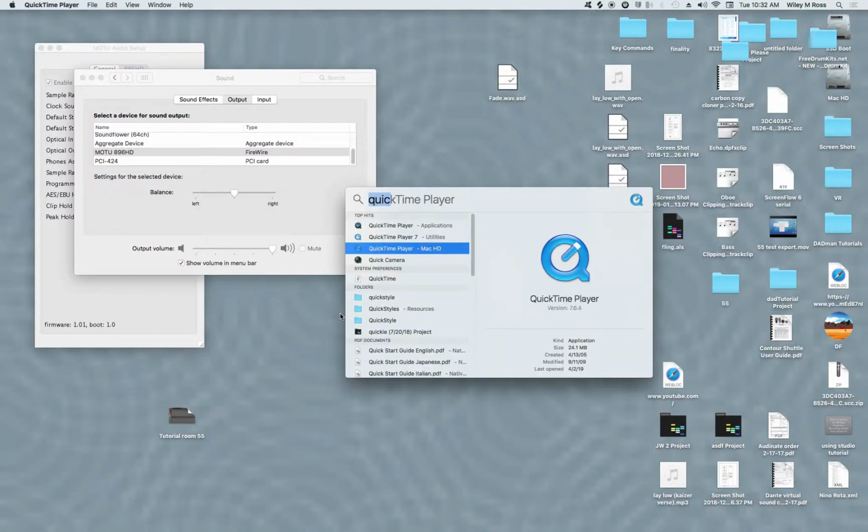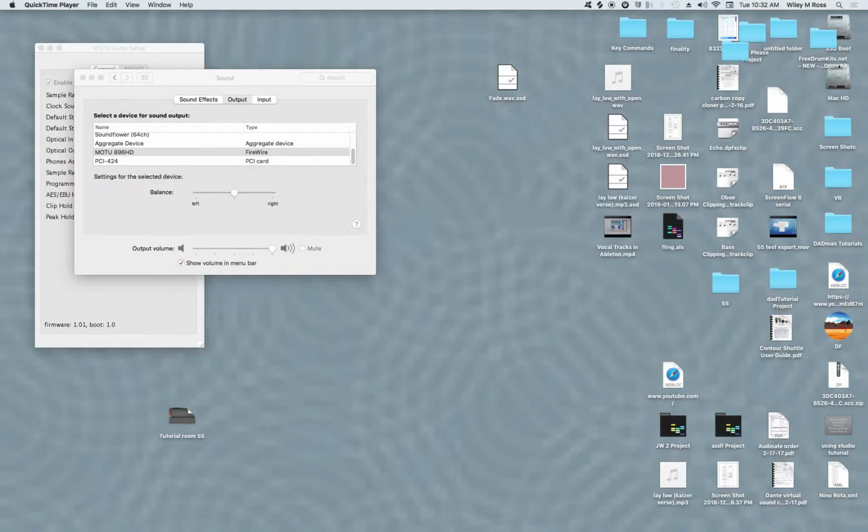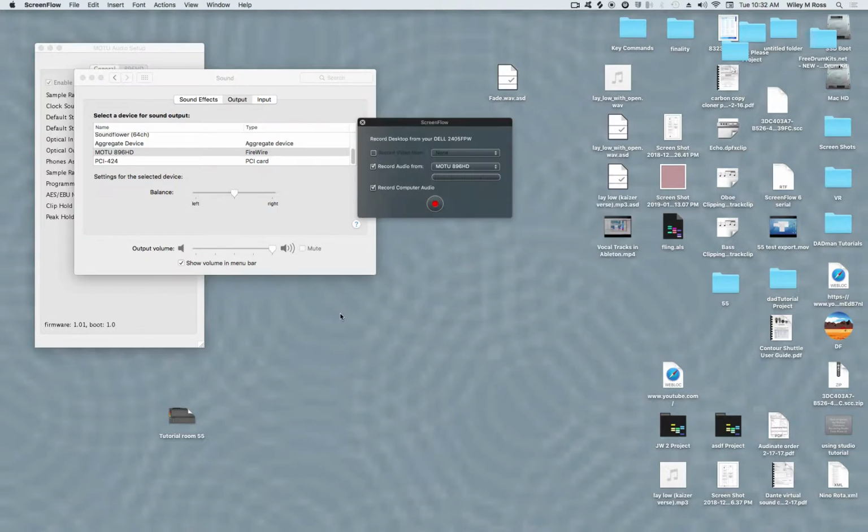I just did Command Spacebar. Type in Screenflow. You want to have 3.30 here in 55 because that's the one that's authorized for this room. Click OK. If you don't see this screen, you just press Command N. It'll come up. So now you want to record the audio from the Mo2, but you also want to record